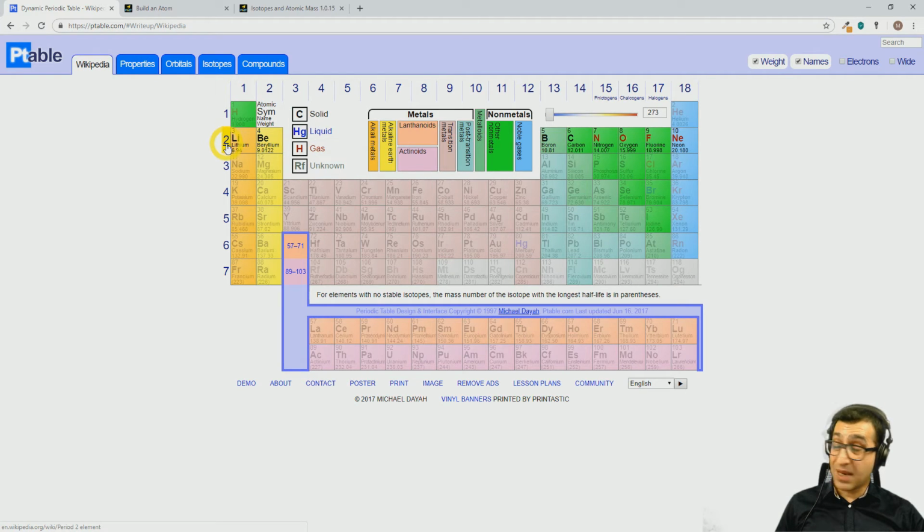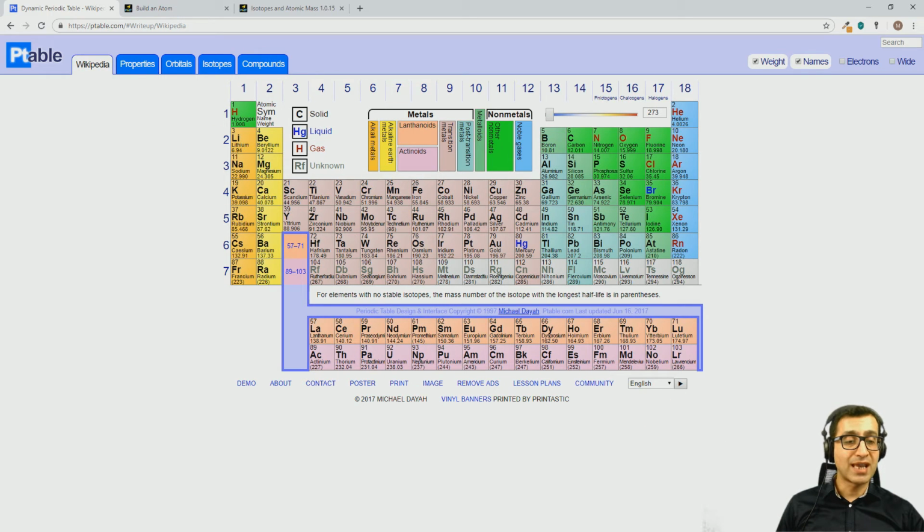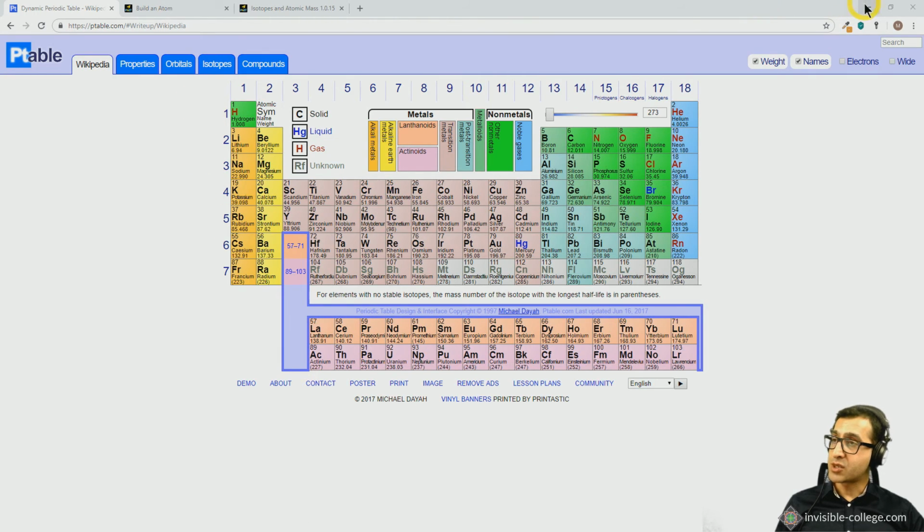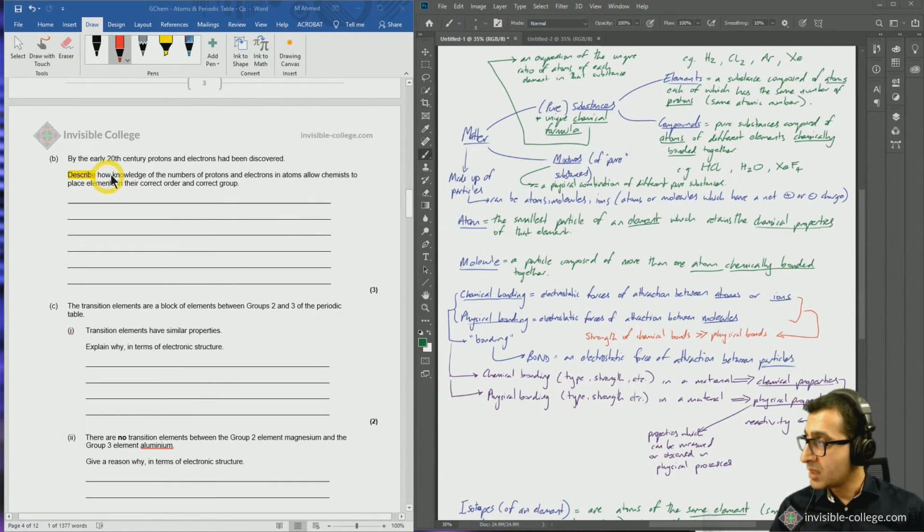The atoms in the same period also have similar electron arrangements in the sense that they have similar numbers of shells of electrons. All of the elements in period 1 have 1 shell of electrons. All of the elements in period 2, the atoms have 2 shells, 3 shells, 4 shells, 5 shells, and so on. So going back to our question then, how does the knowledge of number of protons and electrons